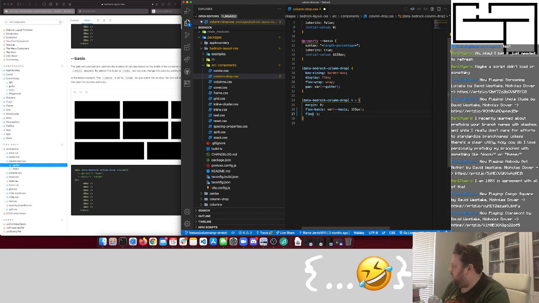And we have flex grow, and let's see here, flex shrink. So my idea is, what if we did something where